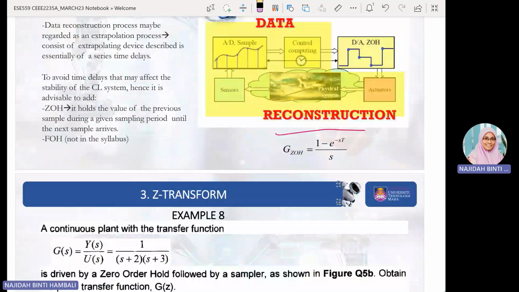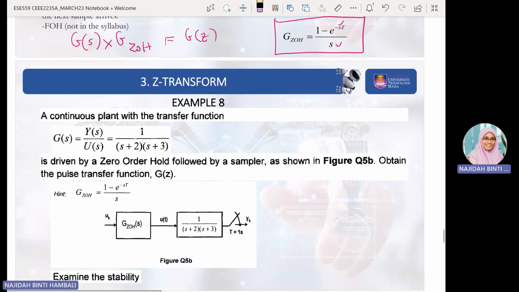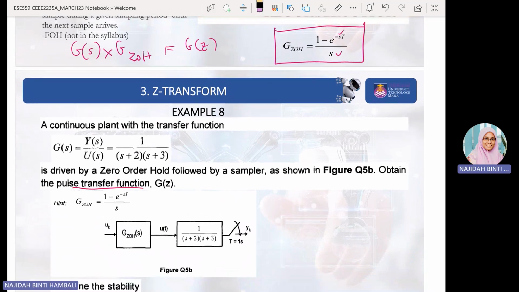Okay, this one. Okay, this is the important equation for zero order hold. So if you are given G(s), you need to multiply with the zero order hold transfer function. Nampak di dalam S domain lagi ni. Dia ada S function. Okay. And barulah you dapatkan G(z). Okay. Don't worry because this one, dia akan bagi selalunya dalam soalan. Kalau bukan dalam ni, dia akan bagi terus dalam ni. Kadang dia terus plug in dalam ni. Okay. So,